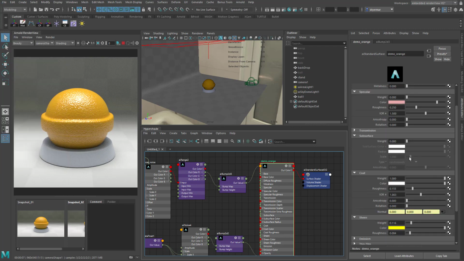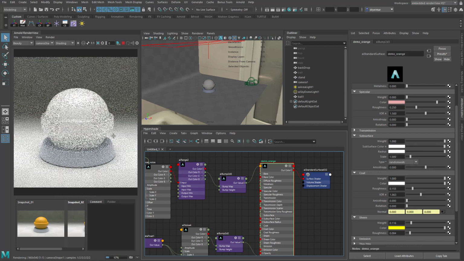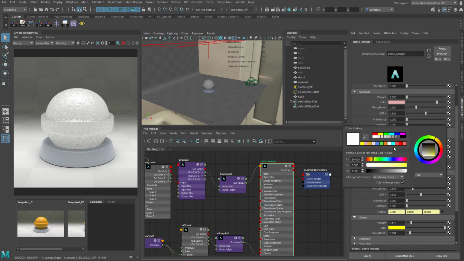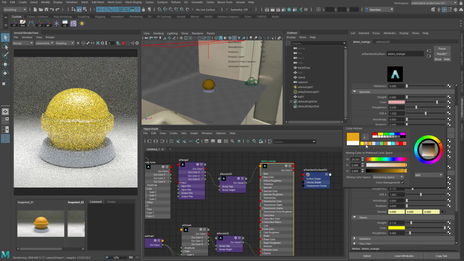We could add some subsurface scattering. Now my samples are very low for this, so it'll be a little bit noisy. But if I turn this all the way up, so we're just getting subsurface scattering going all the way through, we can change this color to be something more appropriate. So a similar orange,